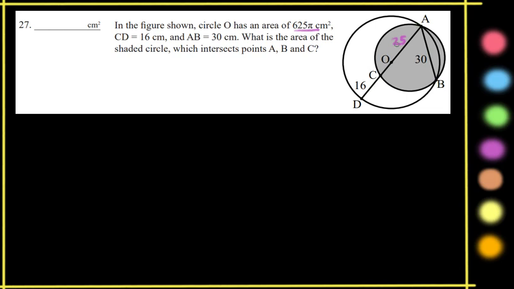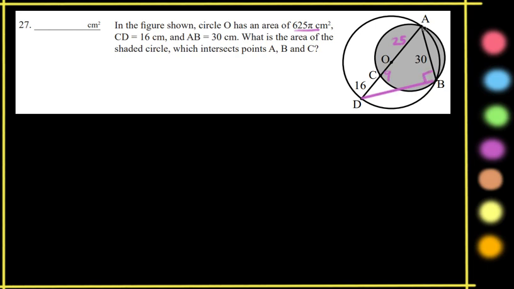And it wants to know the area of the shaded circle, the smaller circle, which intersects points A, B, and C. Okay, so we can compute this distance OC because we know the radius is 25 and we have 16 here, so that means that little distance is 9. Another thing we could do is we can draw this line DB. So let's do that. So we go from D out to B. No, we don't know that distance quite yet, but we know that the angle that it forms is a right